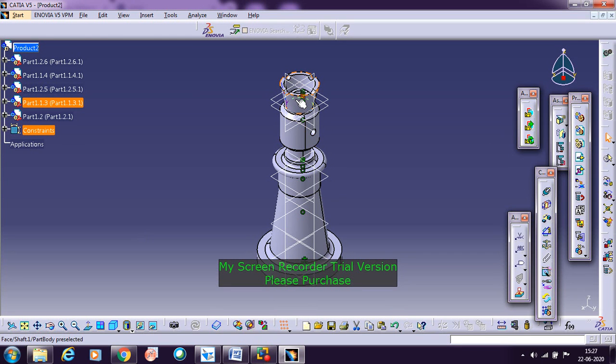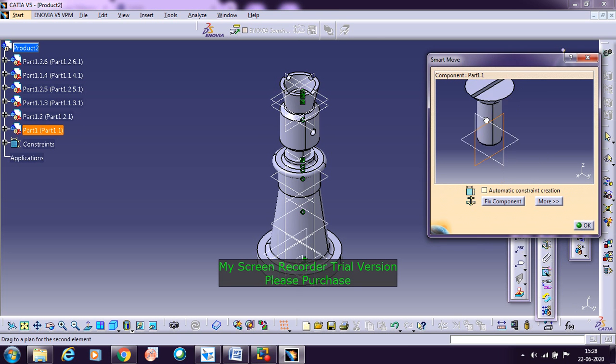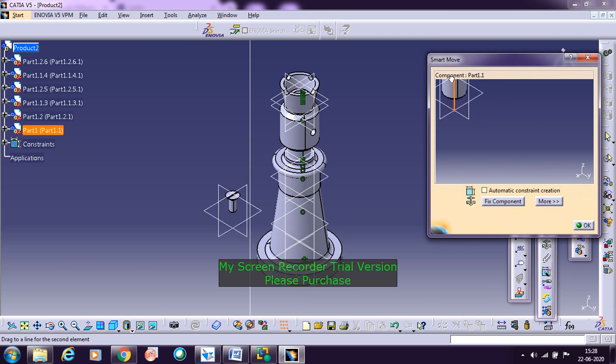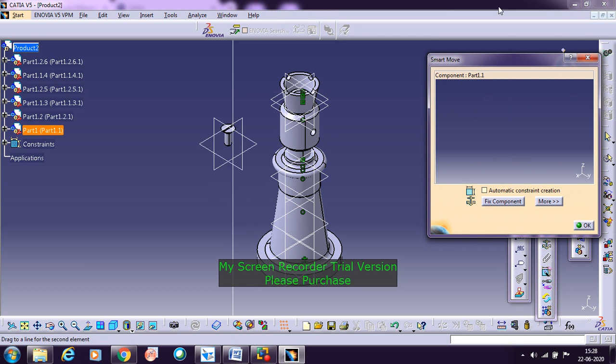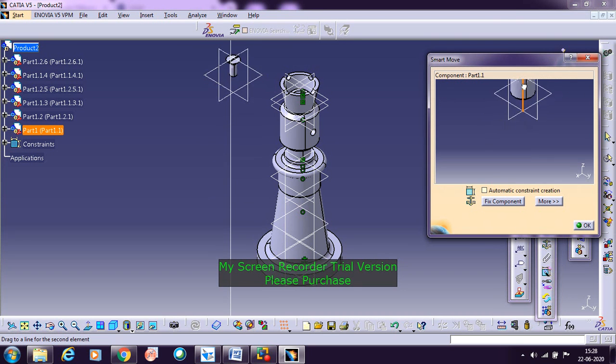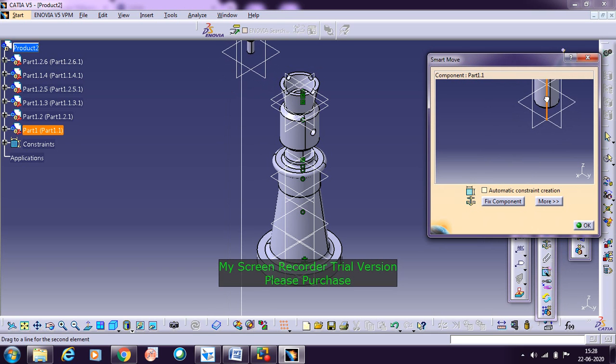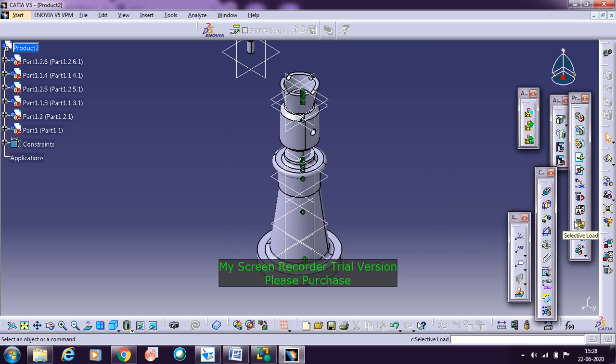Now we have placed the washer, so I need to place the screw here. You need to call the part, so go with the existing component with positioning, select the screw, and click open, so that we get the screw here.